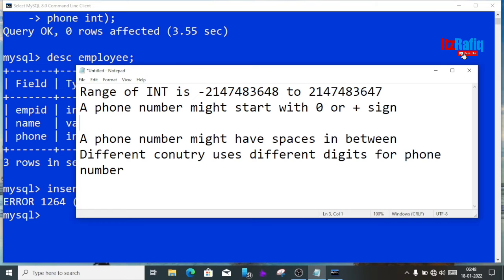Like it will be +91, then the number 9864012345. So we have to write it this way. So three extra characters come, and this plus sign. That's why we have to always choose the phone number data type as varchar or character, or we may say string.